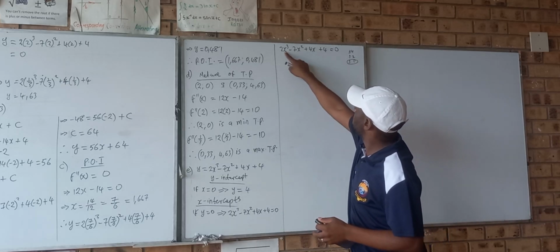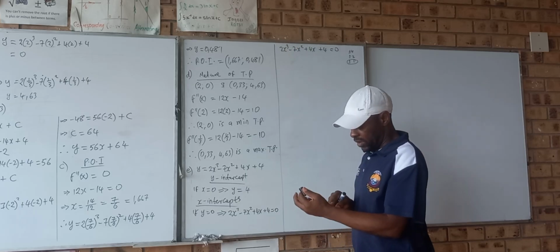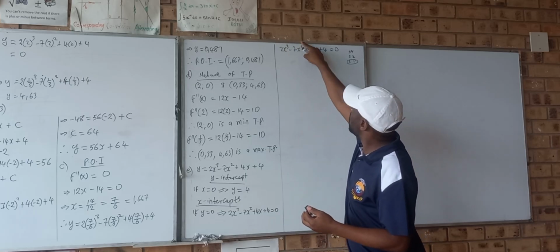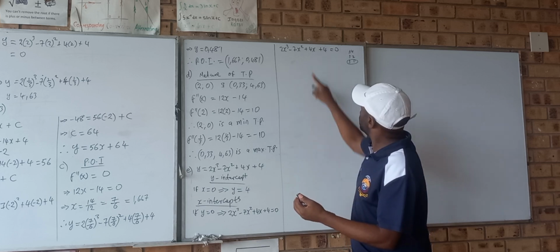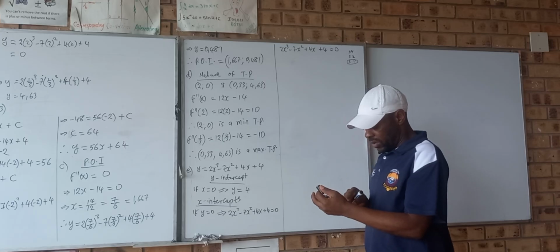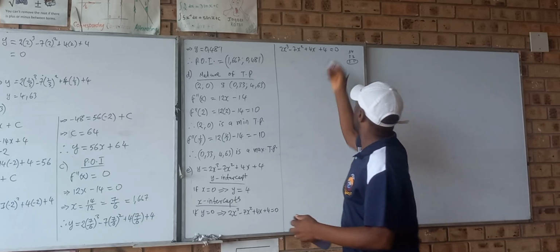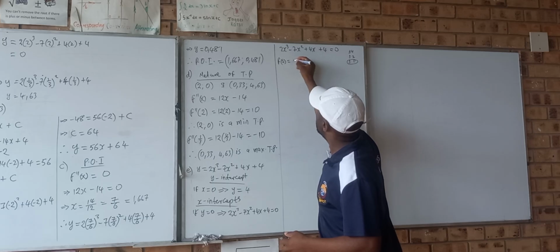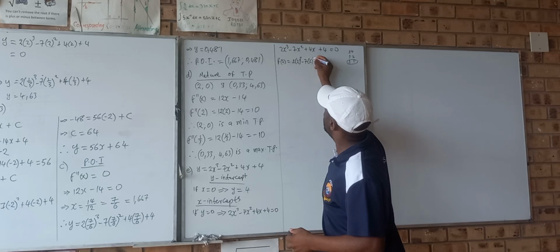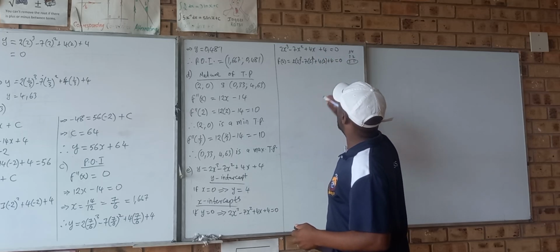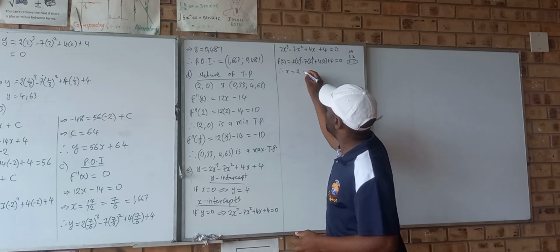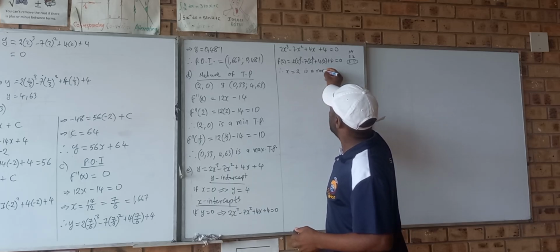So if I put 2 there, 2 cubed is 8, 8 times 2 is 16, then 2 squared is 4, 4 times 7 is 28, so that is minus 28, then 2 times 4 is 8, so plus 8 plus 4, I see 0. So it means f of 2 is equal to 2 into 2 cubed minus 7 into 2 squared plus 4 into 2 plus 4 is equal to 0. So that therefore tells me that x equal to 2 is a root. You can call it a root or x intercept